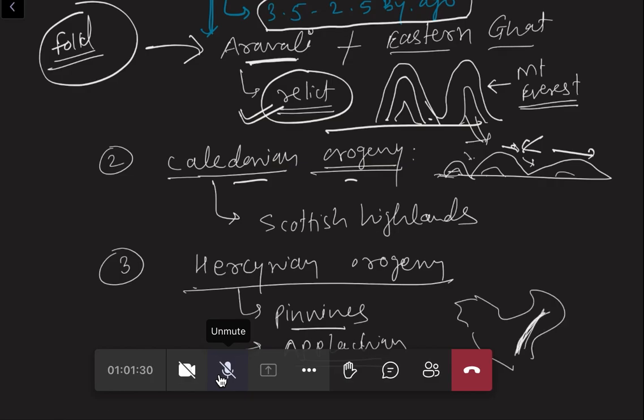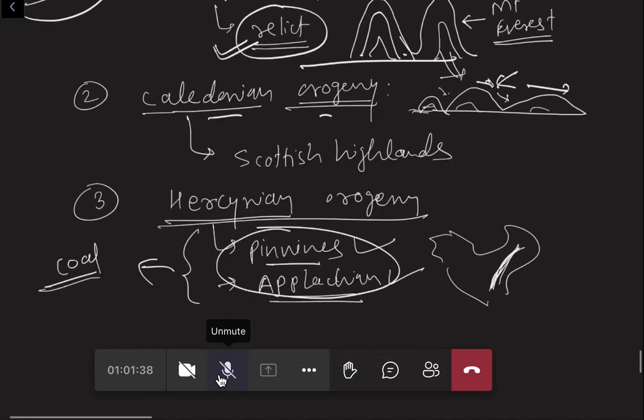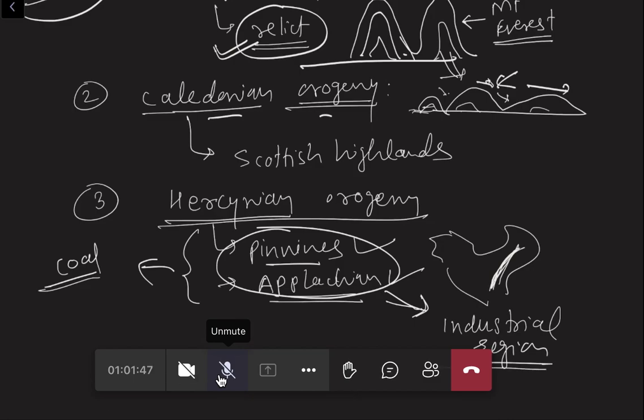So these mountain systems are formed, आणि ह्या माउंटेन सिस्टम मध्ये कोल सापडतो आपल्याला. सो पिनाइन कोल फील्ड आहे, ॲपलेशियन कोल फील्ड आहे. So these areas later became, म्हणजे ह्या अलीकडच्या काळामध्ये these areas became industrially very important. Industrial regions. Why did they become industrial regions? Because these regions had